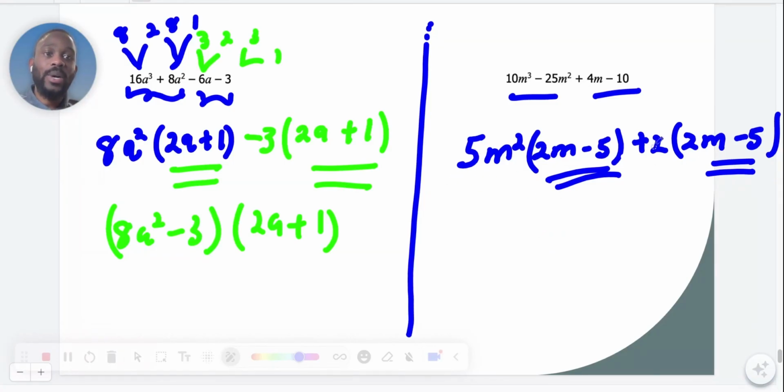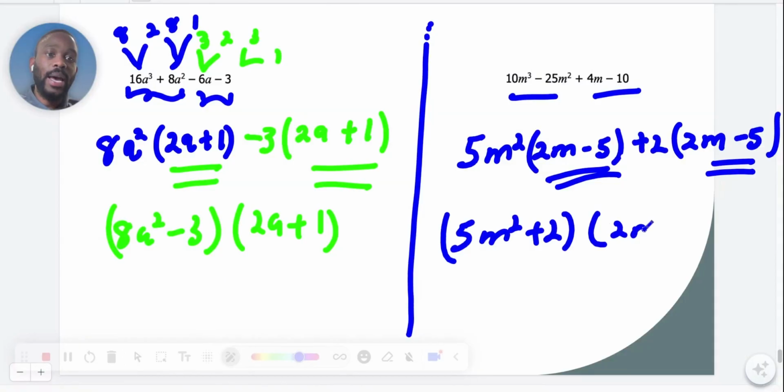So you combine what is outside the parentheses. So 5m squared plus 2 into brackets 2m minus 5. So that is what we end up